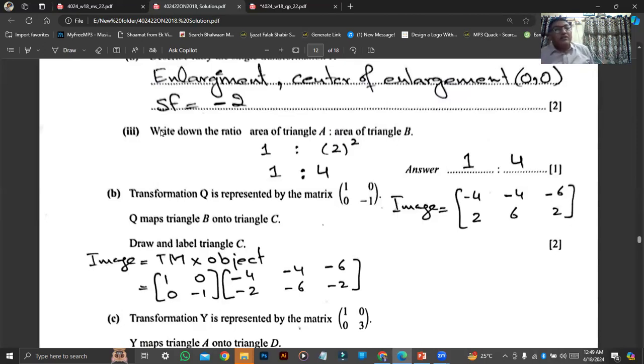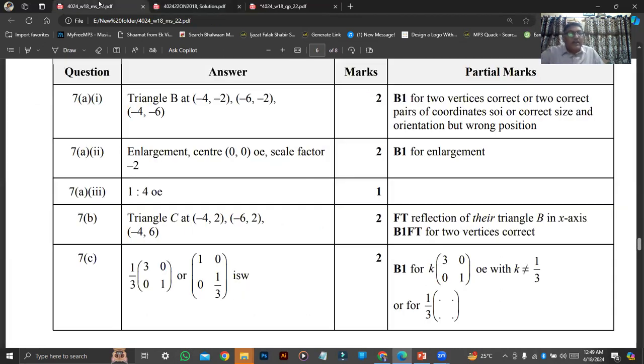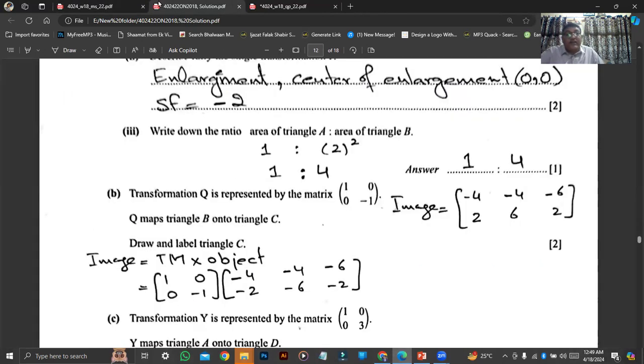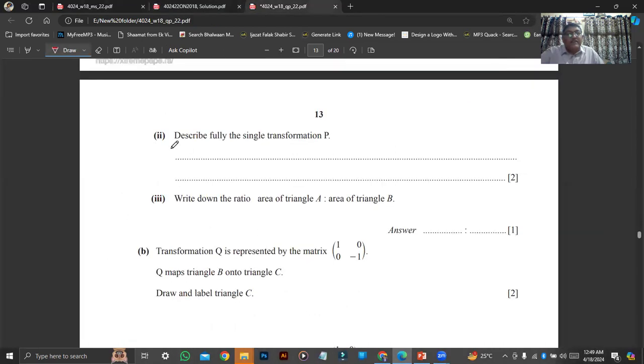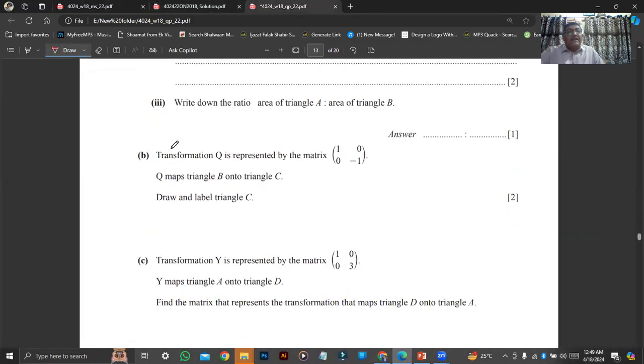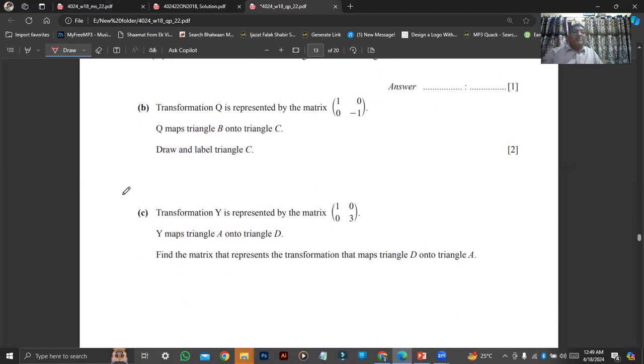So it will be 1:2 squared, and it will be 1:4. So the ratio between the area of the object and the area of the image is 1:4. 1:4 is the right answer, sir. Hopefully you understand. Okay, then in question number 7, part B, he says the transformation Q is represented